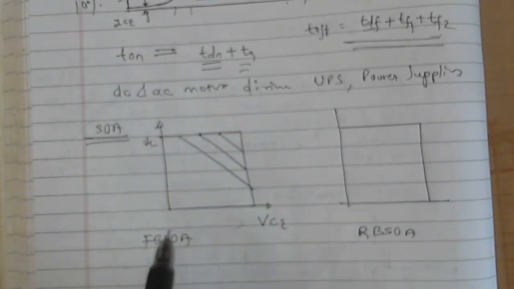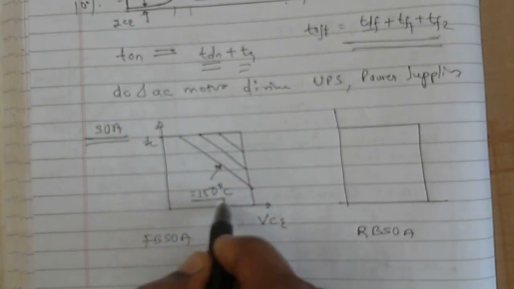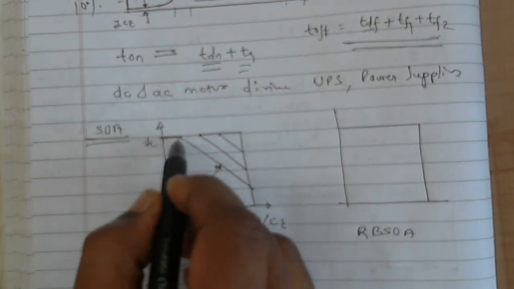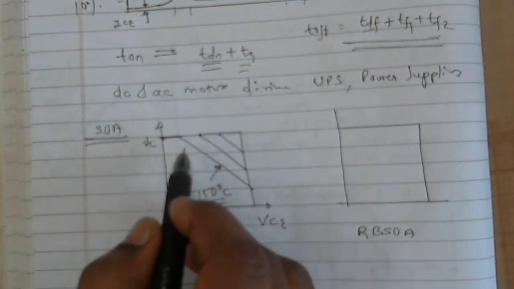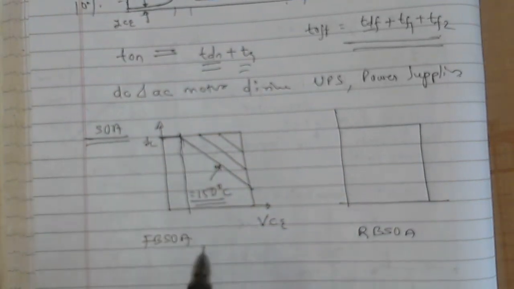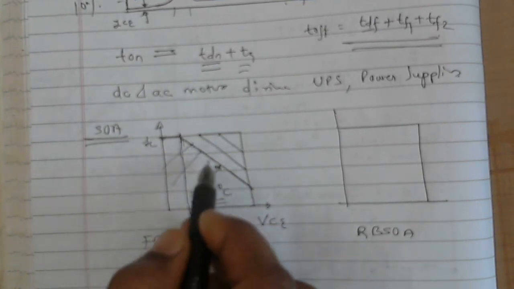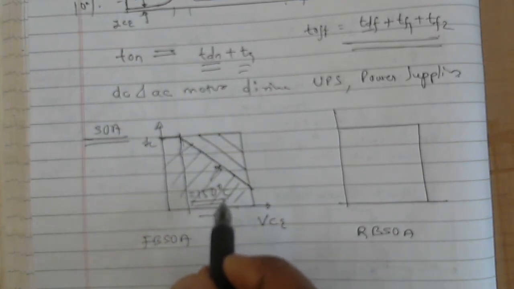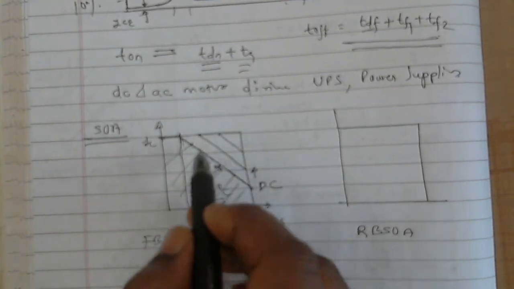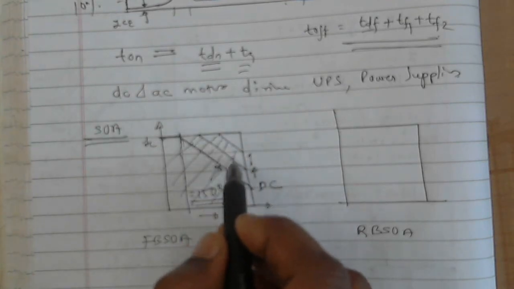This is the characteristics, meaning the maximum junction temperature is 150 degrees Celsius in an IGBT. So for that, your collector current for continuous operation should be maximum till this. If you want to increase VC, then your collector current should be decreased like this, and this is your safe operating area. For pulsed DC, if you decrease the pulse width, obviously the safe operating area will increase. If you decrease further, it will increase further.